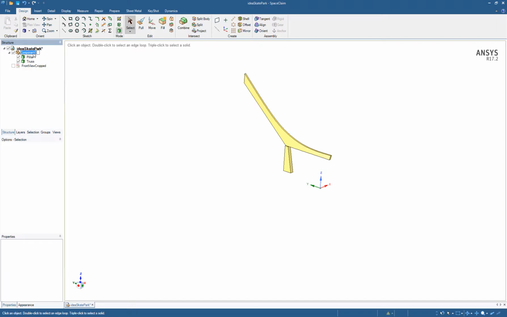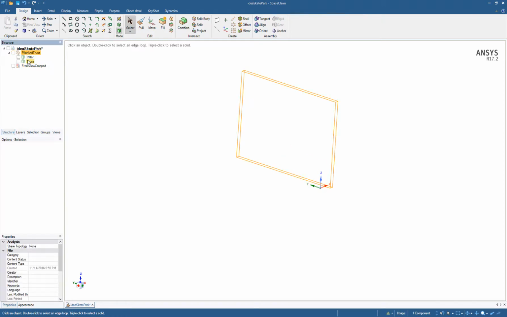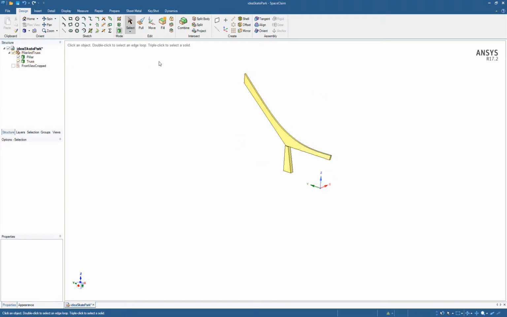And let's just call this component pillar and truss. And now I can look at these together. So if I hide the visibility of the entire component, then the other two are going to hide with it. Or I could also just hide one individually if I wanted to do that. So now basically these two elements are going to get lumped into operations that I'm going to do over this